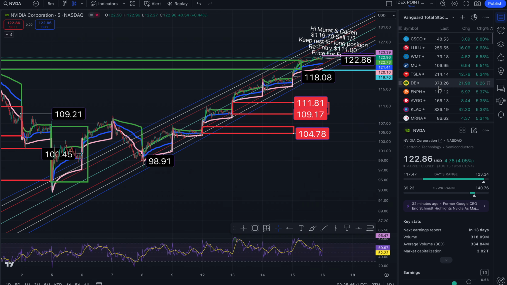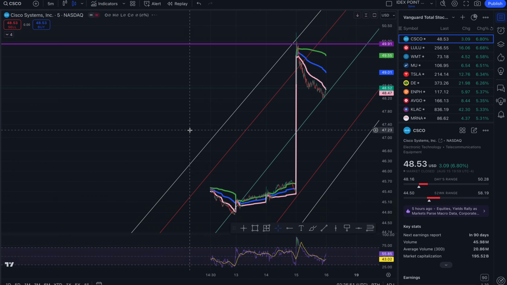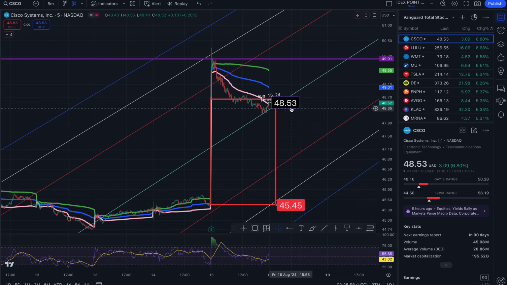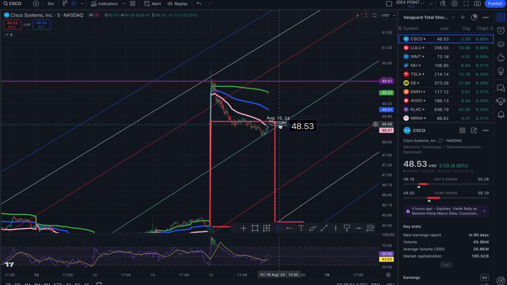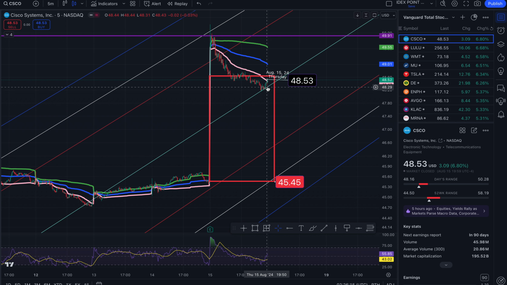So the other ticker I wanted to go over is this one. CSCO Systems ended the day at $58.53, up 6.8%. Very quickly, this is where we are. To the north side, VWAP 49.01, 50.20, 51.20, and 52.16. To the south side, back at support, which we are very close to, 48.32,